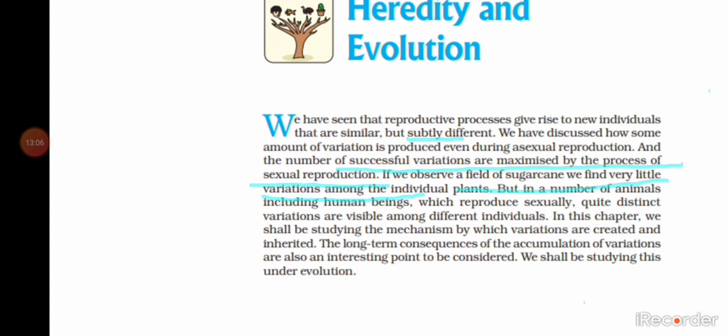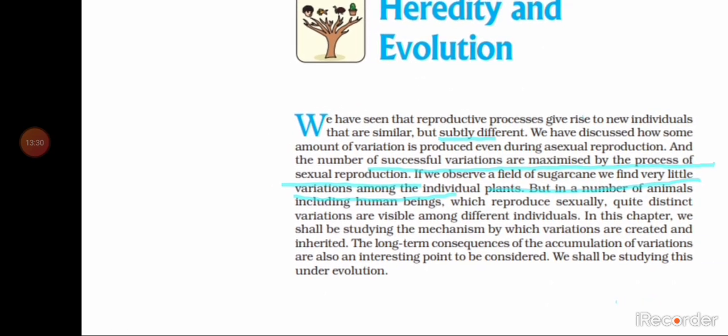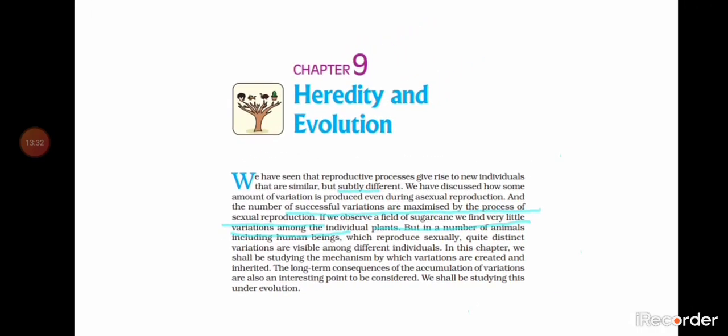So what is our purpose? Our purpose is how the variations are created. In the last chapter we said variation occurs in asexual and also sexual reproduction. So in this chapter we are going to see how variations occur in asexual reproduction and also in sexual reproduction, and if they occur, how they pass from one generation to the other generation. That is what we call inherited. So what do you mean by